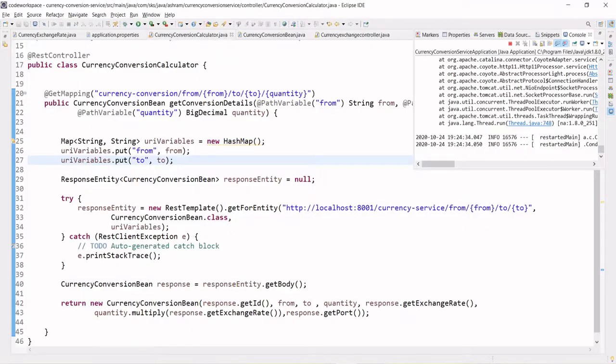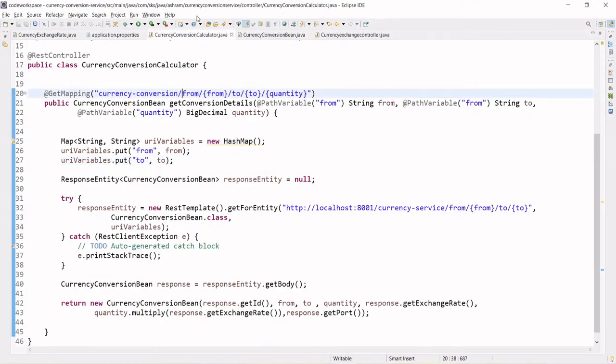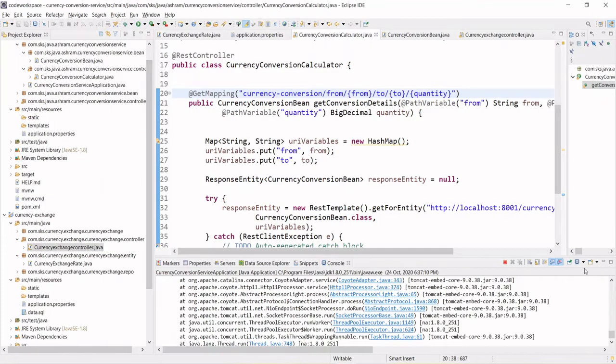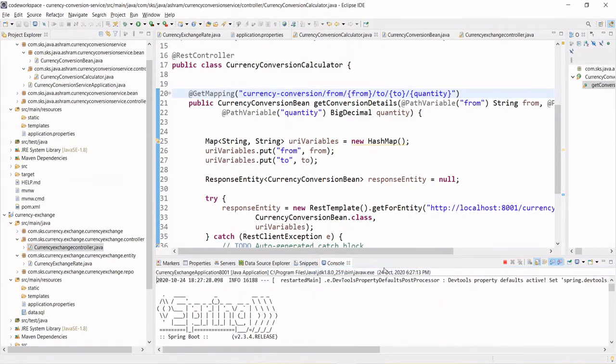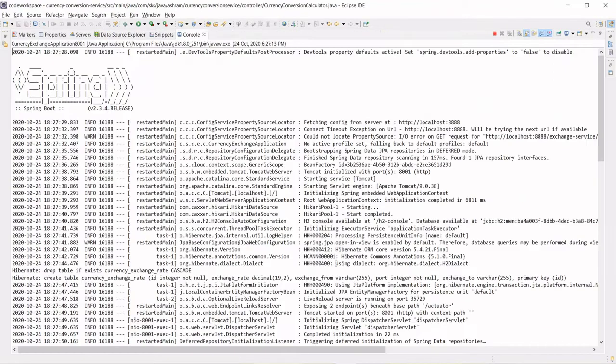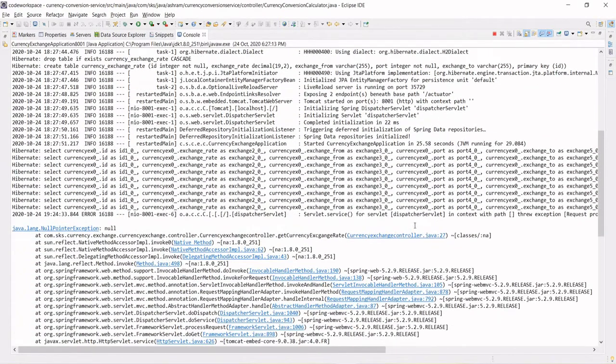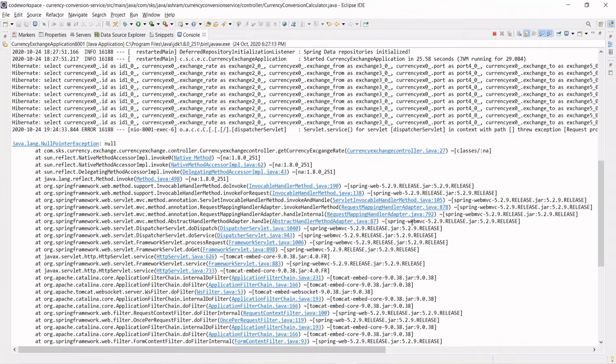So let's see. I'm going here. In this section, the currency exchange service application is running on port 8001. I'm selecting that, and now I am on the console of 8001. If any error came, yes, see, a NullPointerException is coming.